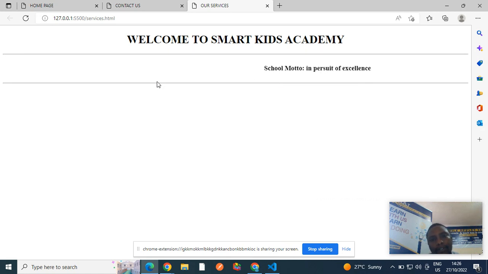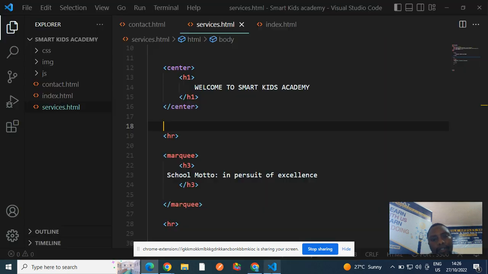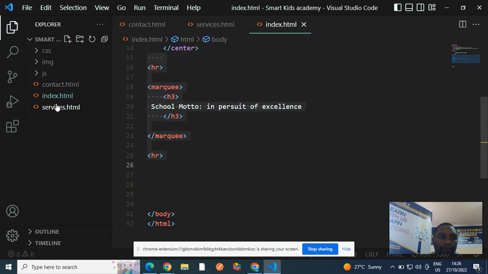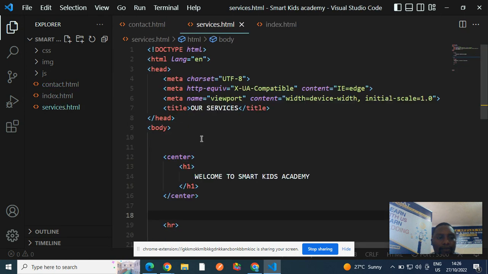Now, the other thing that I'd like to do is I want to instruct my three pages where to be getting the styles from, because at some point we may want these pages to have some background. We may want maybe an H1 to have some text color, or maybe some interesting stuff with styling. So let me go straight to the